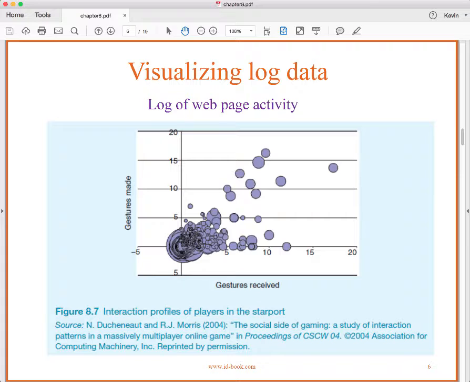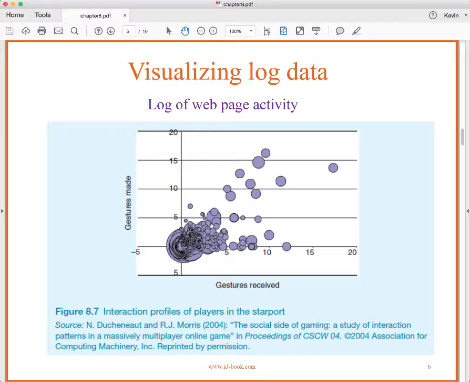And here is another one. This is at the starport. So this is the starport, and the other one was at the cantina. I was right about that. Okay. And we can see that there are some really big pools of observations down by the origin, down by 0, 0. So it looks like we had a lot of data with very low interactivity. And then we almost have a trend. You can see kind of trends that go up, right? So these are interesting data